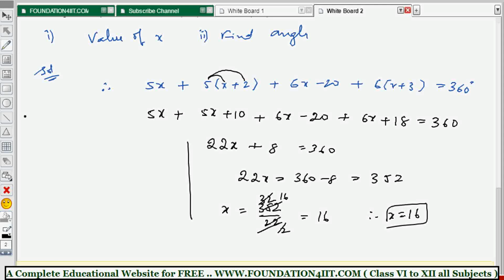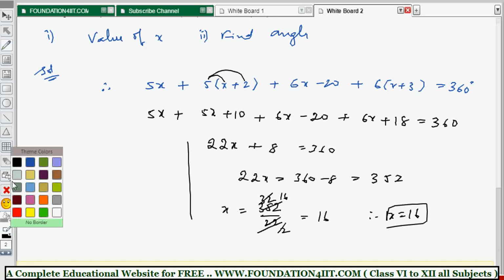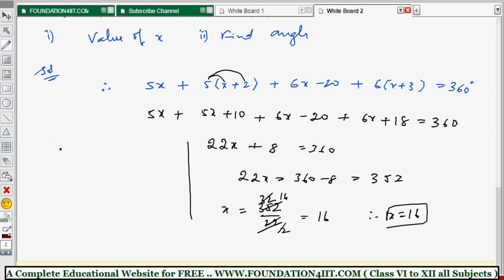Right? When you see this, yes. So the angles are 5x. The first angle is 5x, so 5 into 16, so 80 degrees. And this is the first angle. And the second angle is 5 of x plus 2, so 5 into 16 plus 2. 16 plus 2 is 18, and 18 fives are 90. And the third angle is